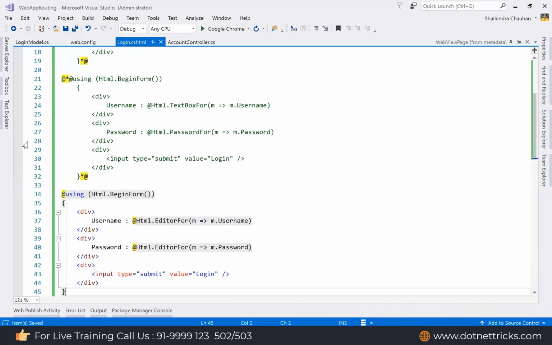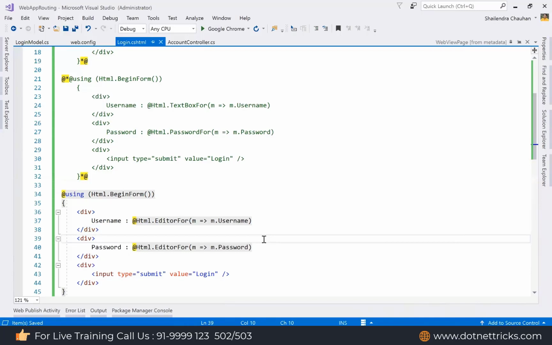For every property, you only use Editor For. Template helpers are just like templates. In case of a template, we have the predefined structure. Same way in the template helper, we have predefined things. So based upon the passing parameter, it will generate the input controls for us.